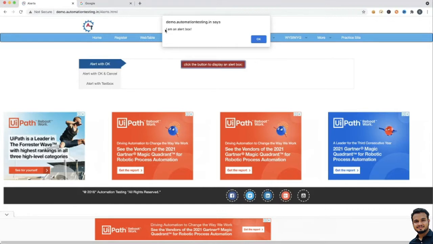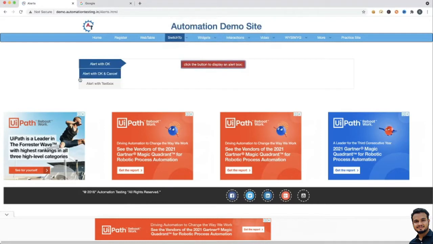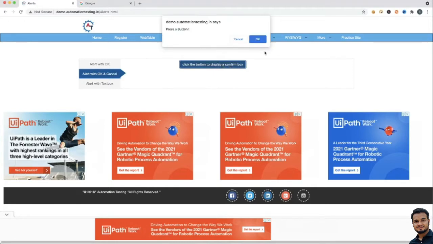So, here you can see the message. Sometimes, as per our automation verification or assertion point, you can verify what message is present on this alert. Then we will see the next alert. Here you can see another alert, right. If I click here, you can see two options, either you can cancel or you can press OK, right. So, this is called a confirmation alert.